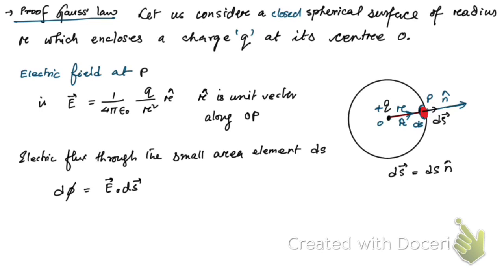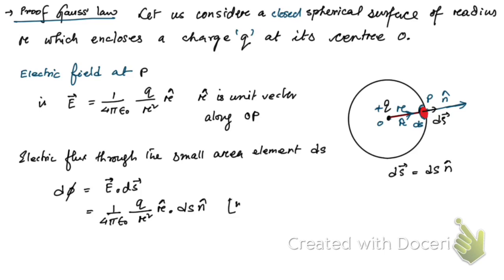Now we can use the expression of electric field here. So we're going to have 1 by 4 pi epsilon naught, q by r square, r cap, dot ds vector, and let me write ds vector as ds n cap,